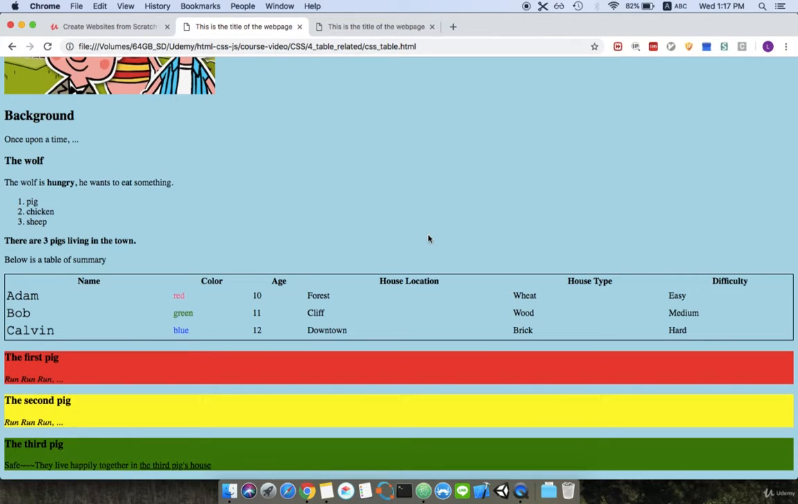Hi, in this video we will continue to do CSS on our website. So this time we want to improve our table. Now our table looks like a box, a section rather than a table. So this time we are going to add some CSS styling to make it look more like a table rather